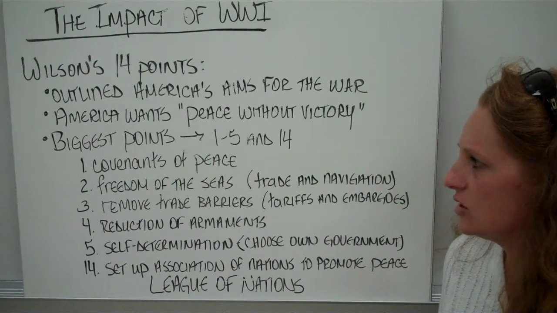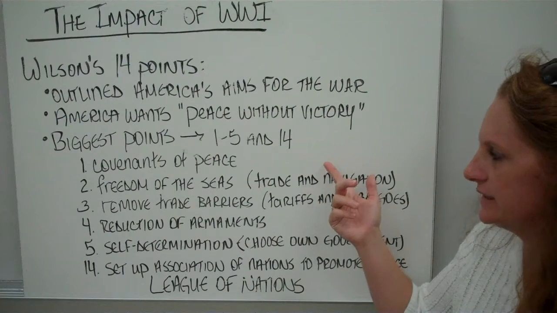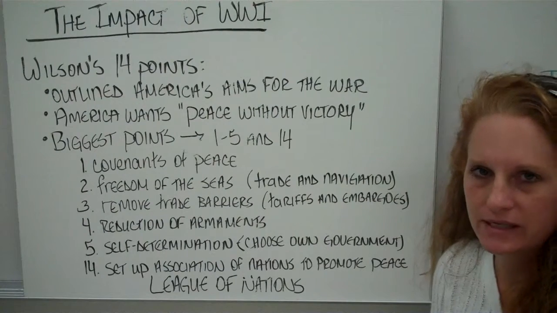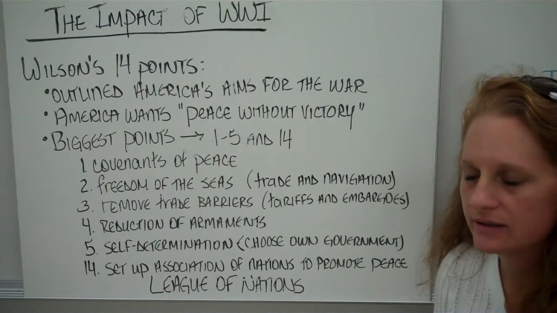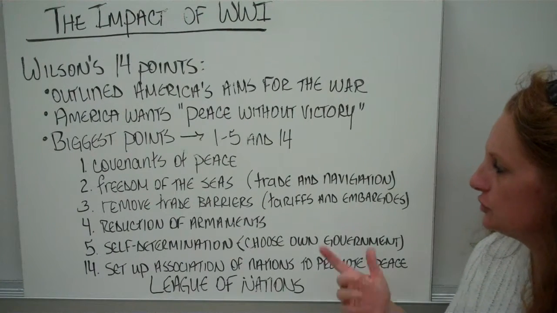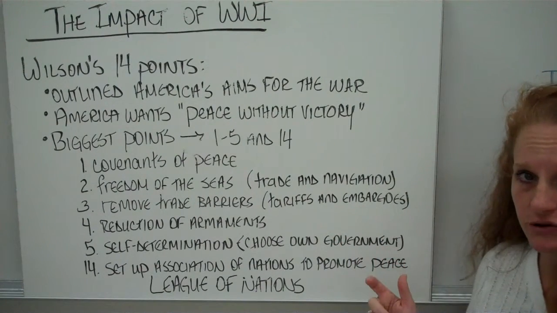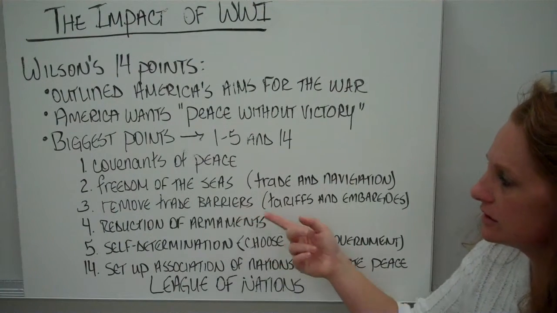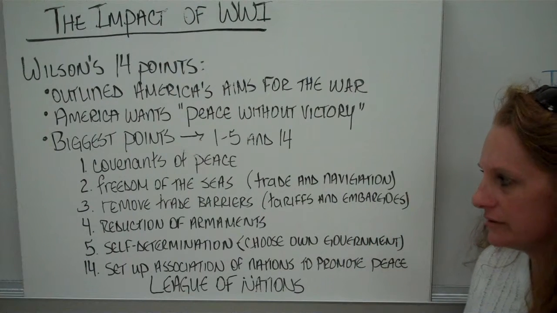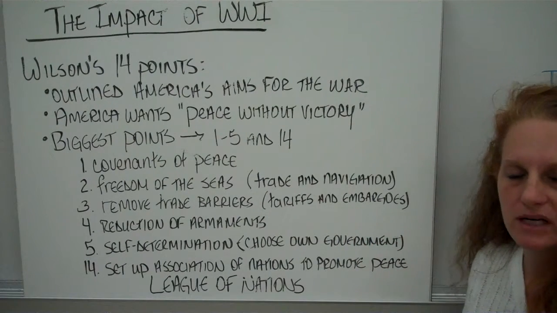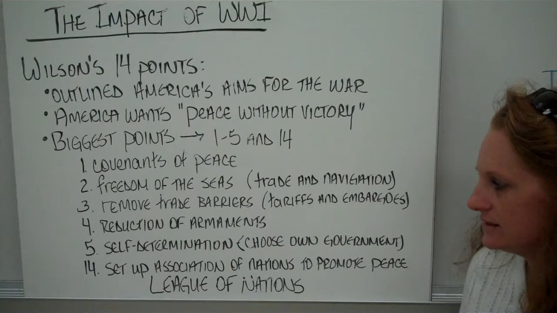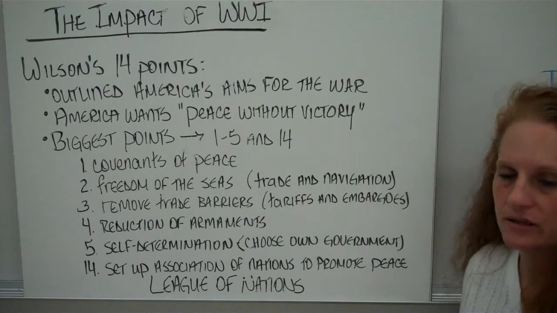His biggest points are points 1 through 5 and 14. Point 1 talks about covenants of peace between the nations. Point 2 talks about freedom of the seas for trade and navigation for all countries. Point 3 talks about removing trade barriers, lowering tariffs, and removing embargoes so that there can be free trade among all the nations. Point 4 talks about a reduction of armaments, a lessening of the arms races going on around the